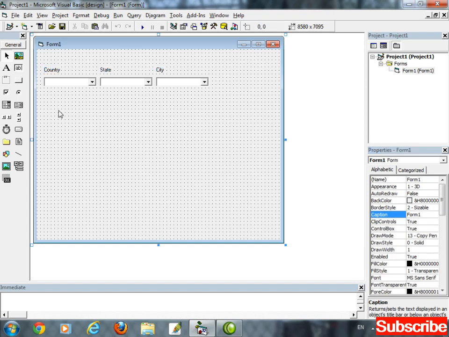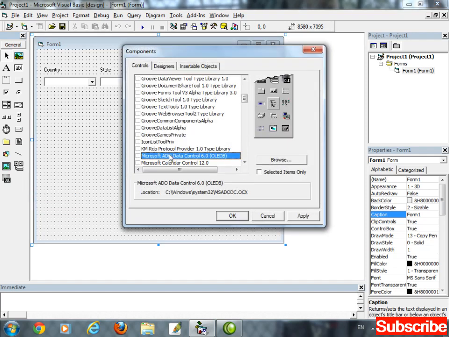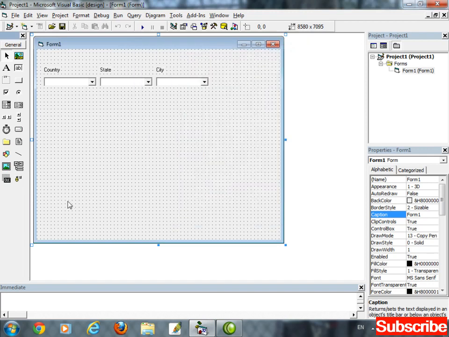Okay, now insert the ADO control for connectivity. Right click on the standard toolbar, select components. Press M for Microsoft ADO Data Control 6.0. Check and apply. This is a new tool.